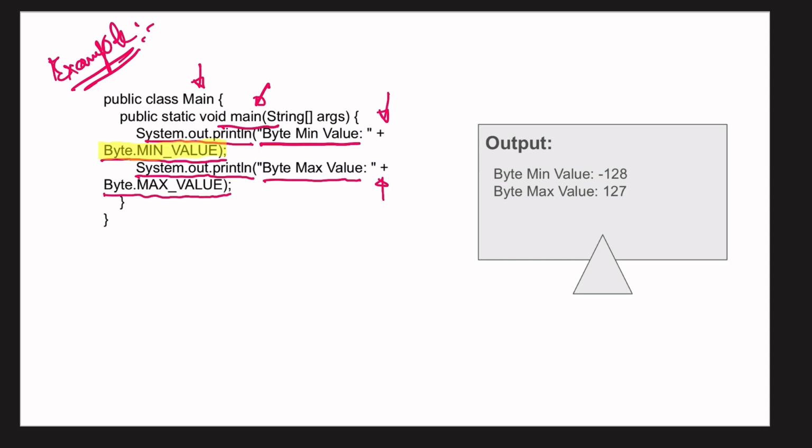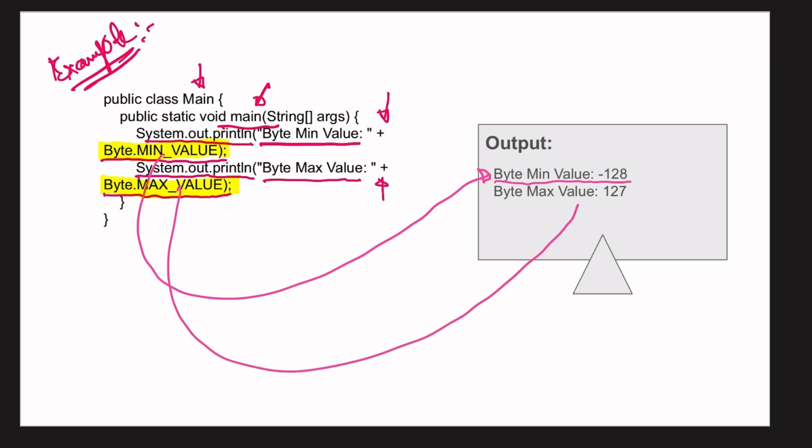Byte.MIN_VALUE will show you the minimum value of the byte data type. Once you run this code, you will get output as byte min value equal to minus 128. And another output you will get is the max value, which is 127. In Java, Byte.MIN_VALUE and Byte.MAX_VALUE